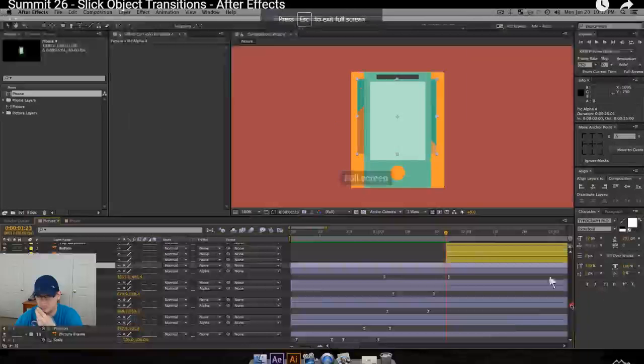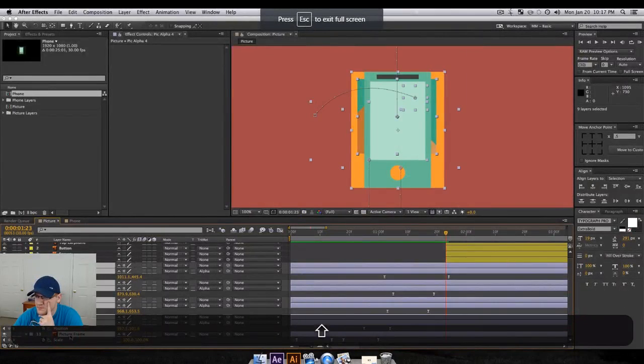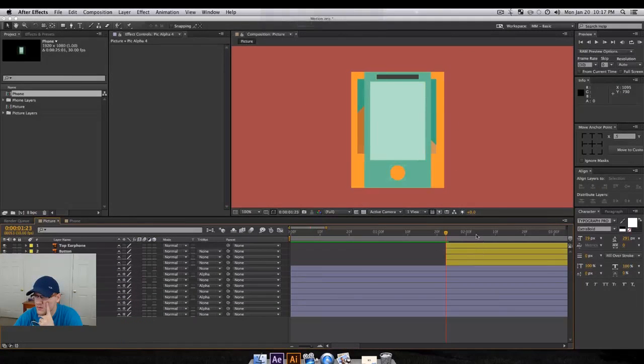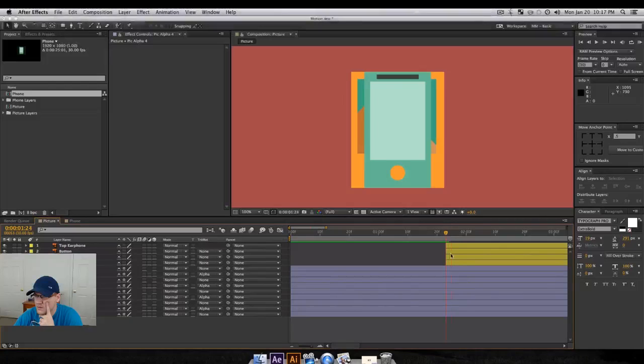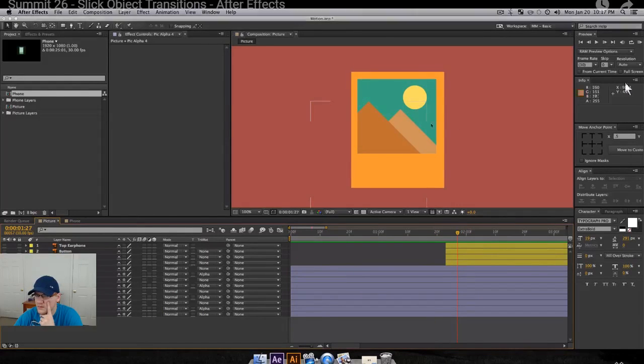Okay, so now that we have that set up, let's just minimize that. Press U on your keyboard. All right, so I have my sun come in. That's perfect. Now what we're going to want to do is just hide these layers here, and we're going to want to get our elements. So we're going to want to get our mountain and our sun off this background